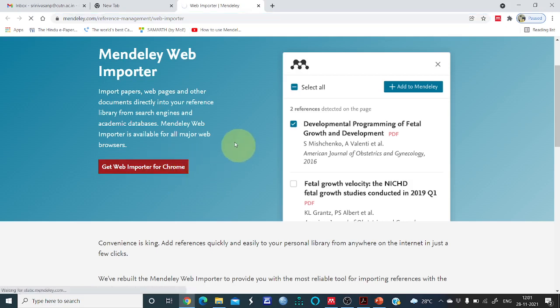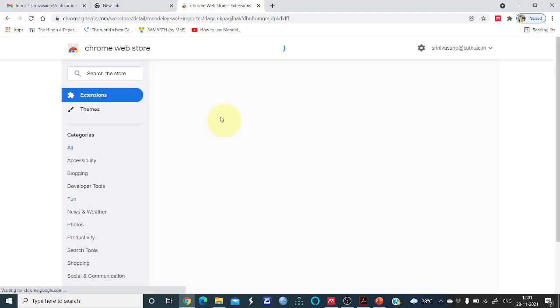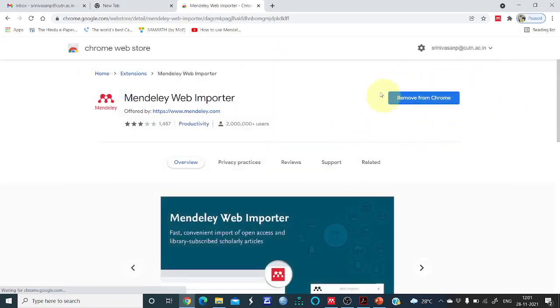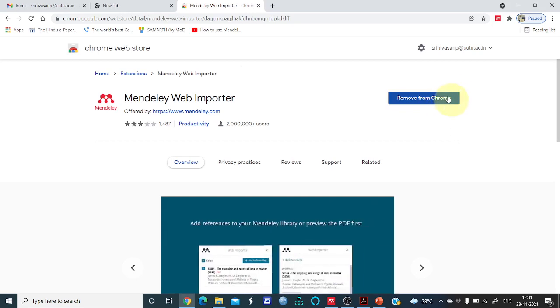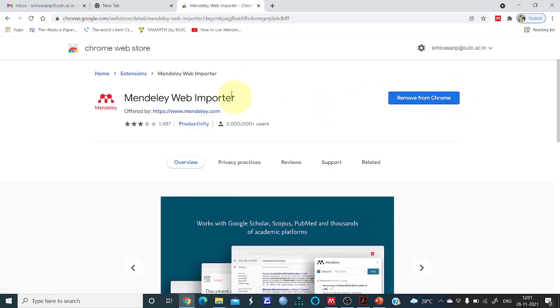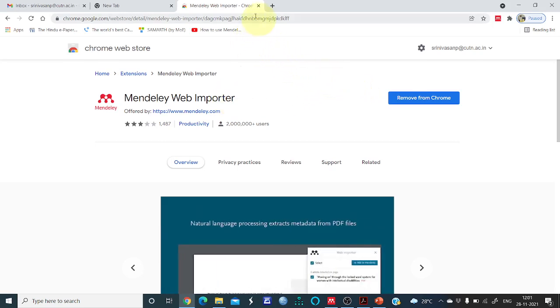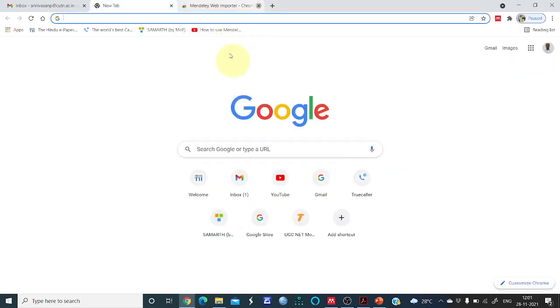I already have it in my web browser, hence it shows remove from Chrome, since I already have it in my extensions. If I didn't have this, this would not come. Those who are doing it for the very first time have to add this. Since I have already added it, we will go to the next.